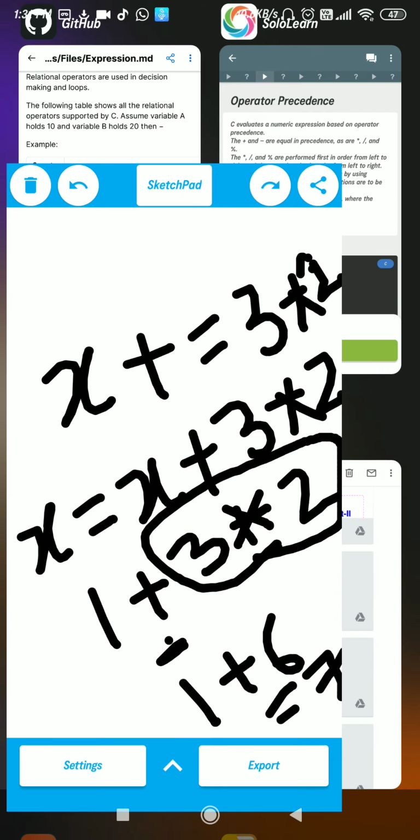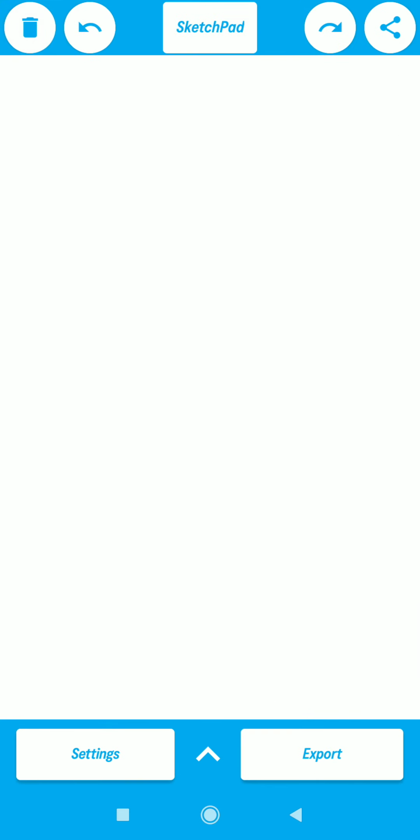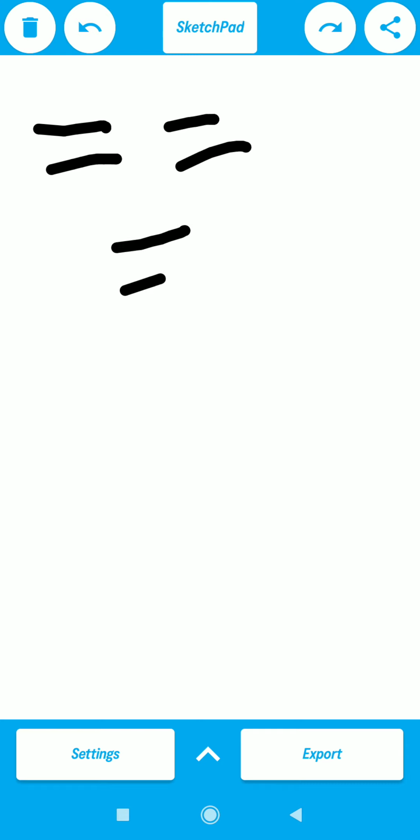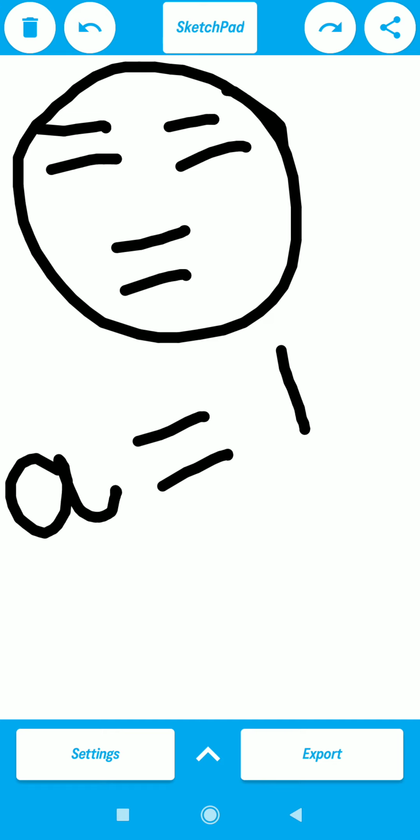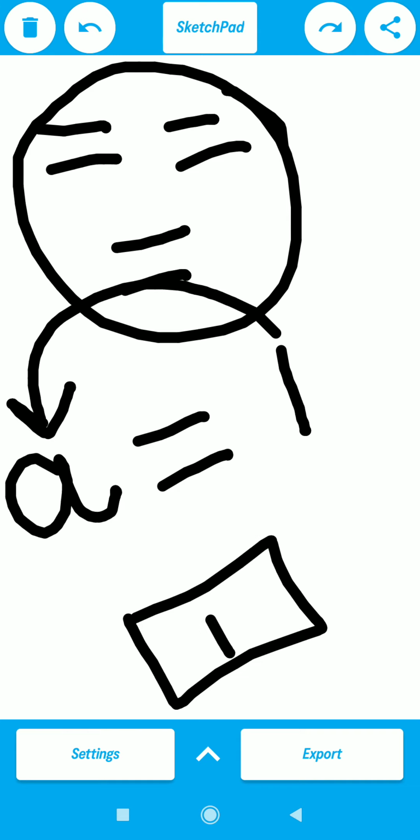So inside the relational operator, we have double equals to. If you say, ma'am, what is the difference between equals to and double equals to? This single equals to means the assignment operator. It means I have this operator and I am passing this value inside it. I am storing a value of 1 inside the variable. So this is assigning something. If you want to assign something inside the variable, we will use equals to.